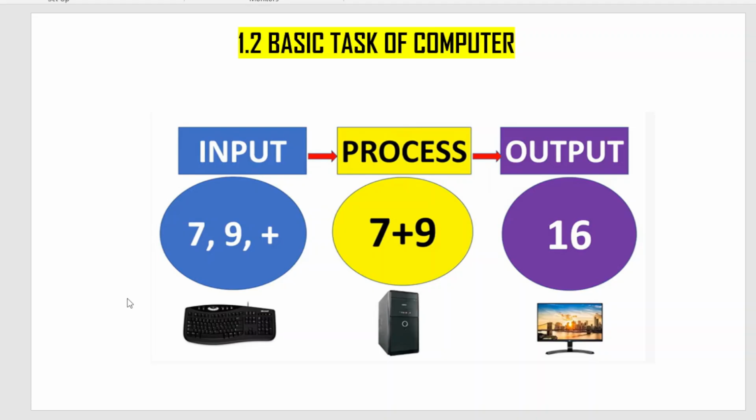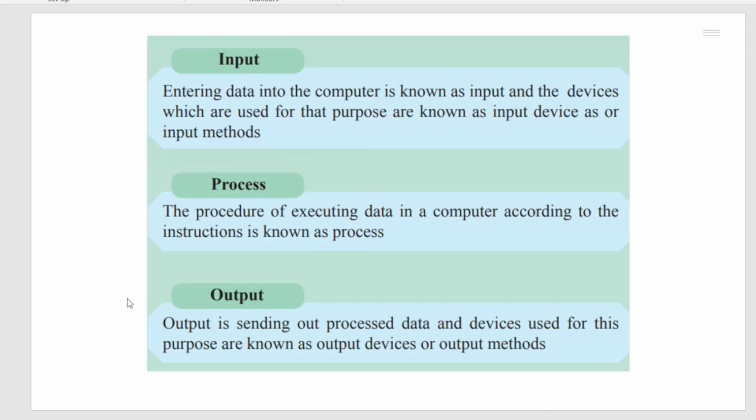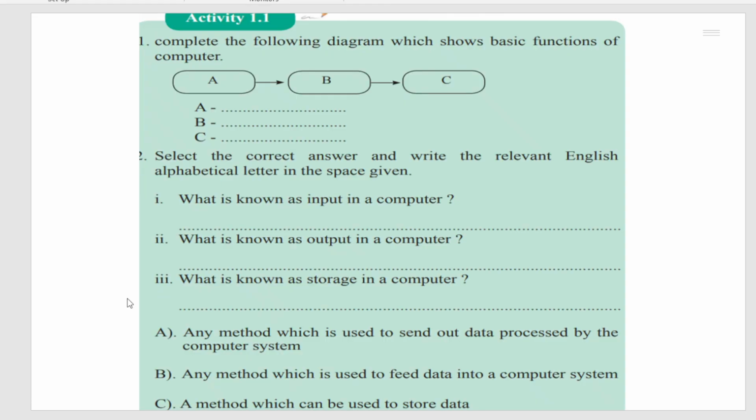This is mainly done by the central processing unit. And the output means send out processed data. We call them information. This one is mainly done by the output devices. In here I have given some simple clarification of these main functions of a computer, and also we do this